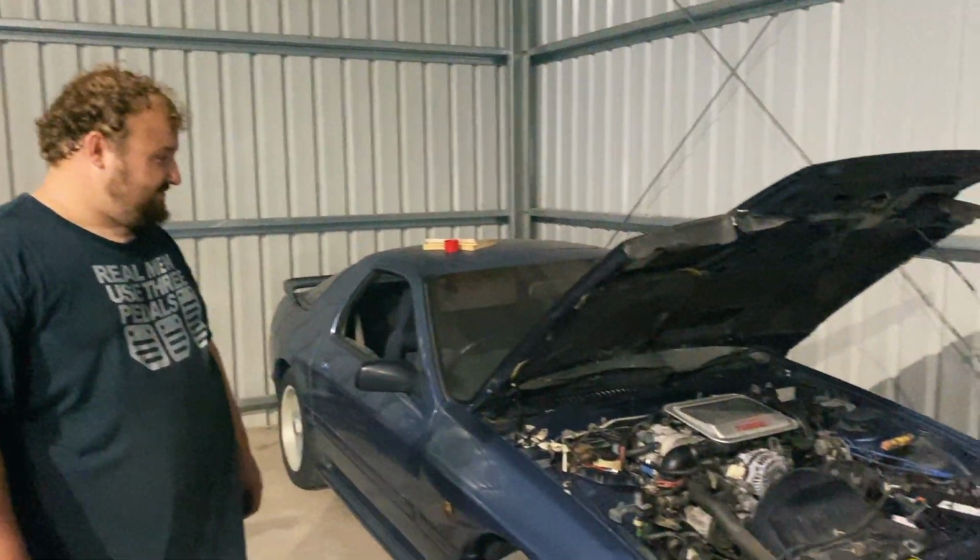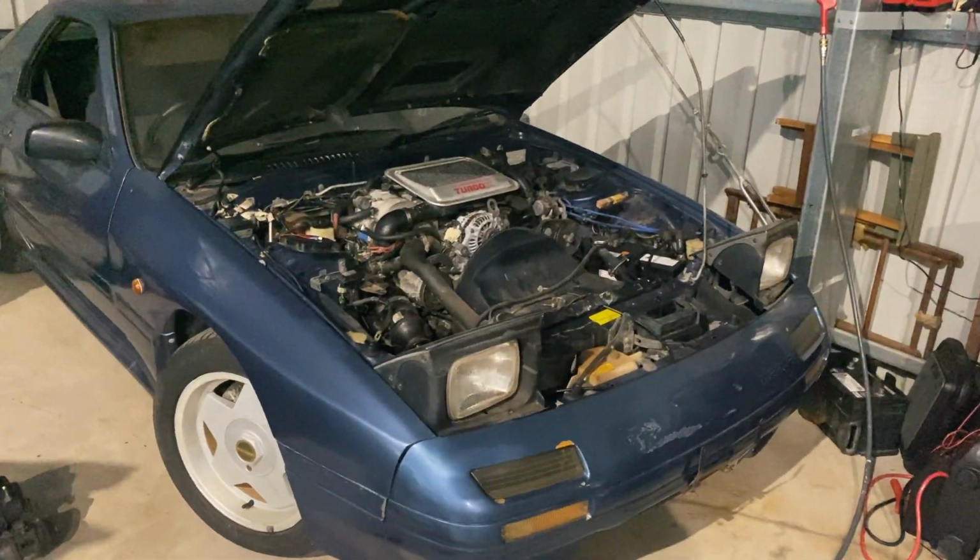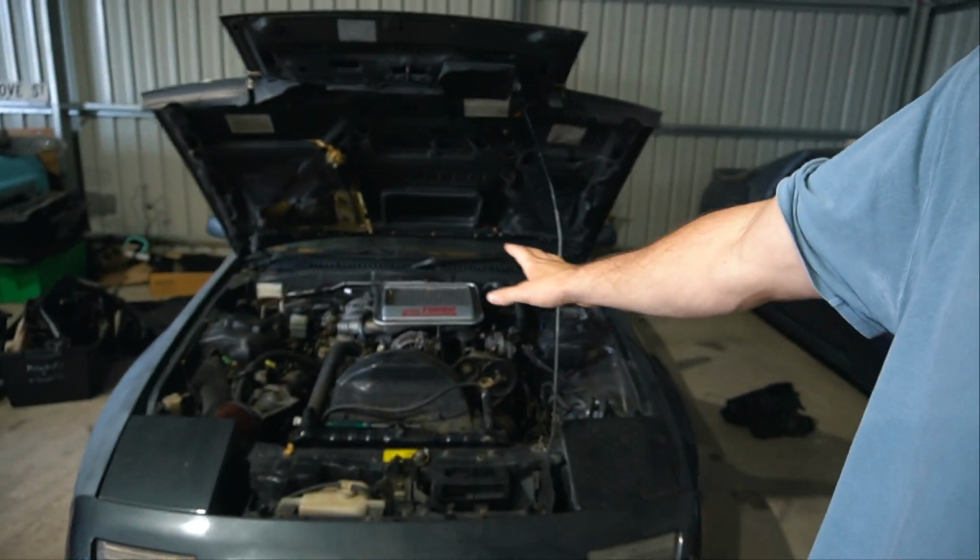First time it's run in... Oh, you jinxed it! So as you can see, it's pulsing pretty nicely, and it sounds pretty angry. I don't know if it's because it's missing or just not getting the right fuel, but it does sound like it's a bridgie to me, especially when I compare it to this one,